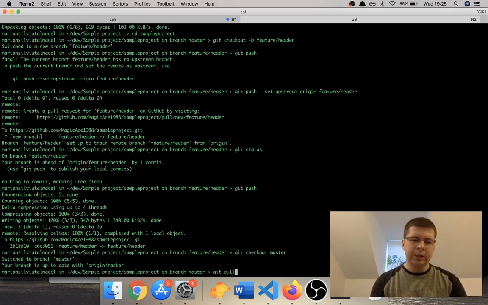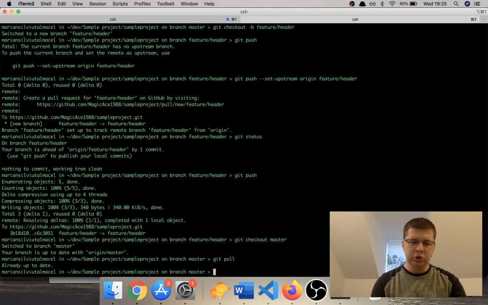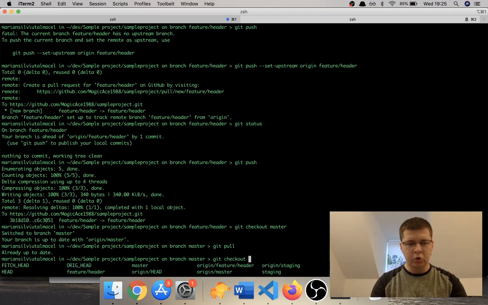So if anybody has put something into master while you were working on your branch, you want to take those changes into the branch master locally, so you do git pull. So if anything has changed, you're getting it locally in master, then you go git checkout, and here is the tip: if you just type git checkout and tab, it will show you all the branches you have, so you can remember what was the name. So you could say fee and then tab again, and you can see feature header, and you go in there,